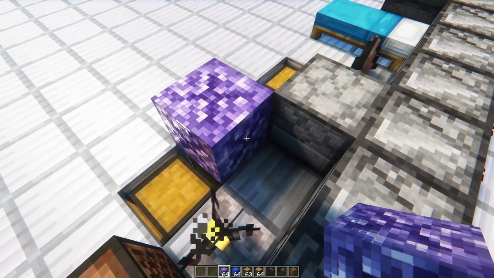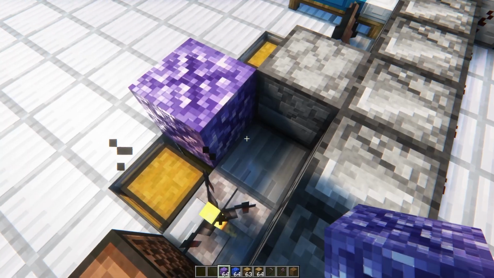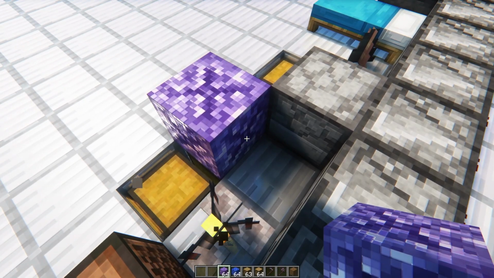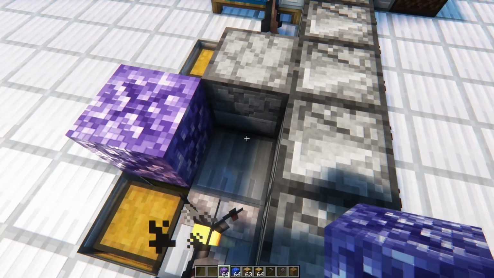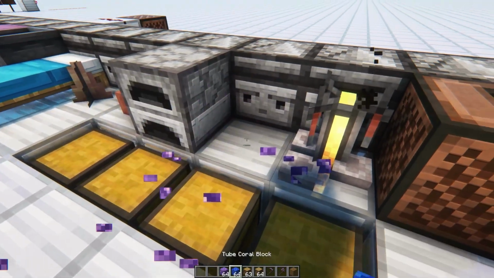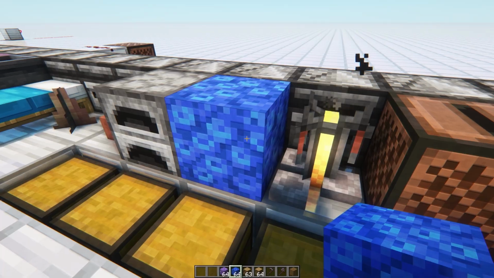It will detect when a crystal grows. So if the small crystal were to grow from small to the next size or any of the sizes after that, it will detect each and every single one of those changes. And it will also detect when a coral block turns gray. So when it dies,